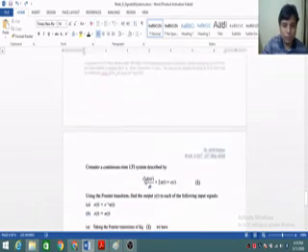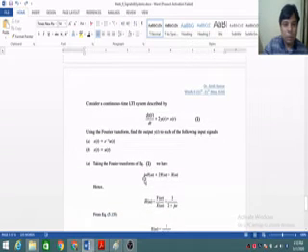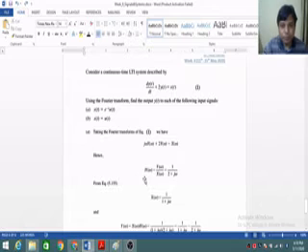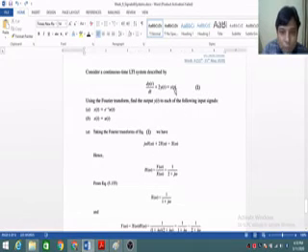Okay, one additional problem for practice, you can try this. This is from the Schaum series book. Now suppose a system is defined by this equation, and we have to find out the output for two inputs: when x(t) is e raised to power minus t u(t), and when x(t) is u(t). When x(t) is u(t), that means we have to find out the step response of the system.